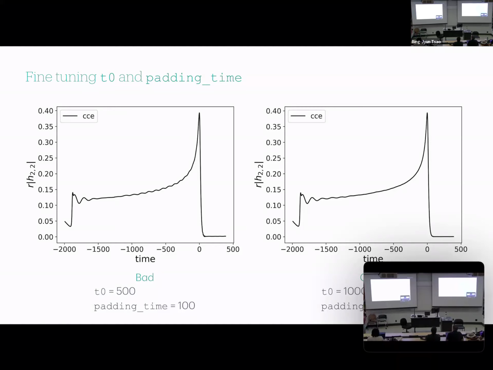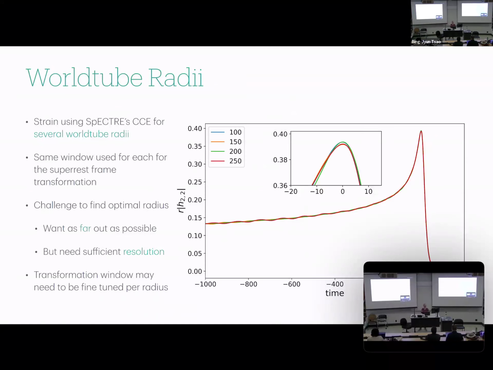But the point to take away from this, if you are using this, is that if your waveform comes out looking like this, you just need to fine tune these values. And if you have wiggles at the beginning, yeah, that's still a work in progress to try to solve. And that's kind of just what we're dealing with.